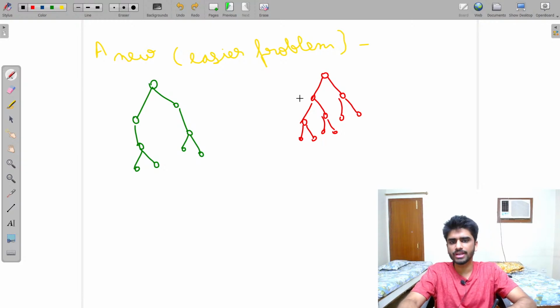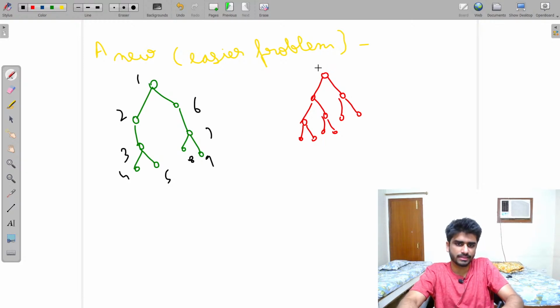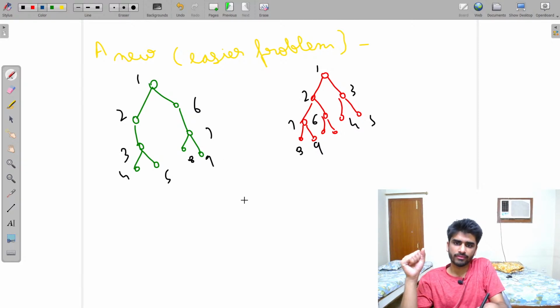What we want to do is, we don't care about this tree at all. So we can just ignore this tree, and whenever we have an edge x comma y, we can just store y here. Like, let's say this is x, we can just put y here. We can say that we have a y here, right? Let me label this, like this is 1 2 3 4 5 6 7 8 9, and let's say this is 1 2 3 4 5 6 7 8 9, something like this. Now if we have an edge like 7 comma 2,